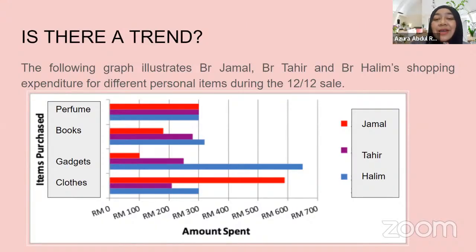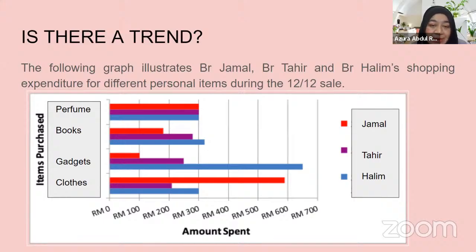Another aspect of this: what other things can you talk about when you're looking at a graph like this? How else can you group the items? Can anyone tell me? Highest, lowest. What, Mayor? Highest trend and lowest trend. Highest and lowest, that's right. That's somewhat similar to the gadgets thing just now. You can also group them into,